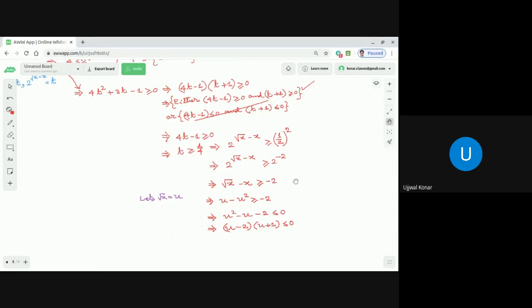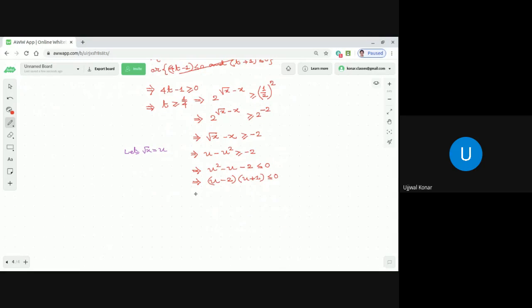So now from here what we can conclude? If you recall, that implies u minus 2 into u minus of minus 1 is less than or equal to 0. Correct or not, dear students? So what you can say, x minus alpha into x minus beta less than or equal to 0, so that implies x is in between the minimum of alpha and beta and the maximum of alpha and beta. Here instead of x it is u, alpha is minus 1 and beta is 2. So from here what we can say? Minus 1 less than or equal to u less than or equal to 2.